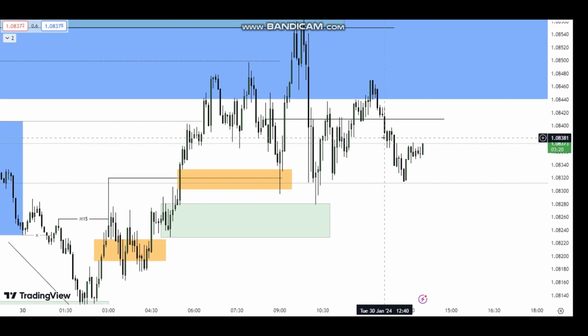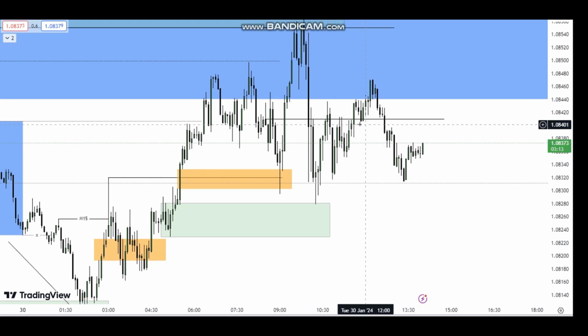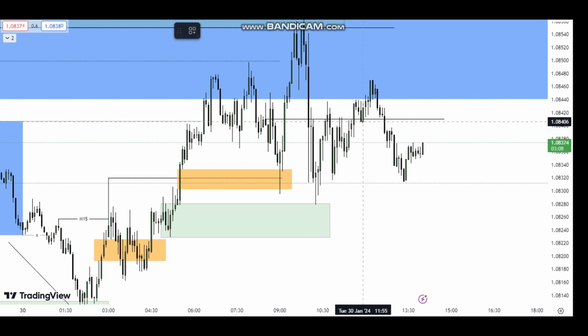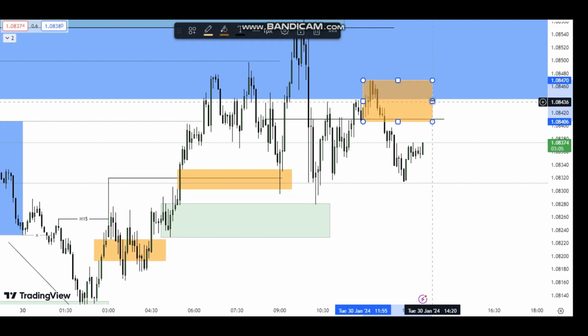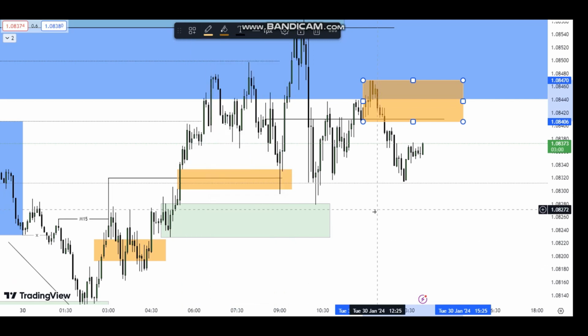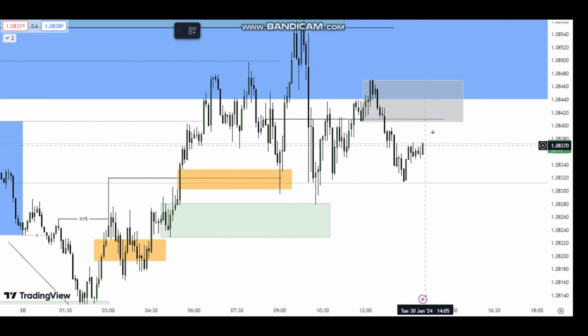By the looks of things, there are two things that can happen tomorrow. The first one is mitigation of this, let me just say unmitigated. There's going to be a jump into this price action where they will rally above this short-term high into the fair value gap, do a short-term pullback because they want to generate a bit of liquidity right here to let the sellers think that we're going to be selling, to rally into this OB to maybe target